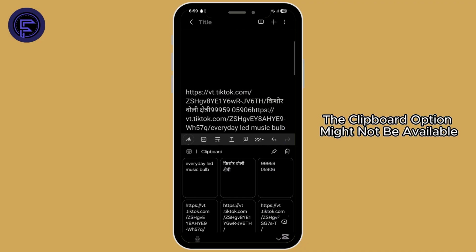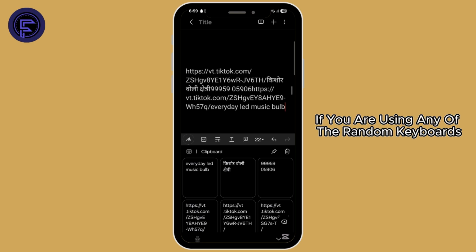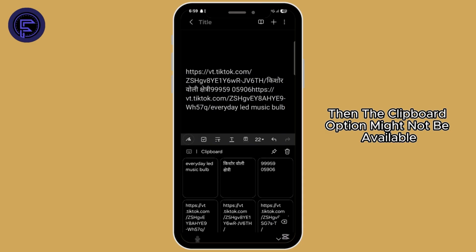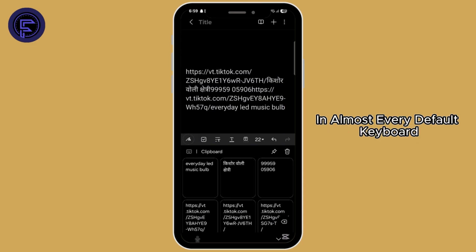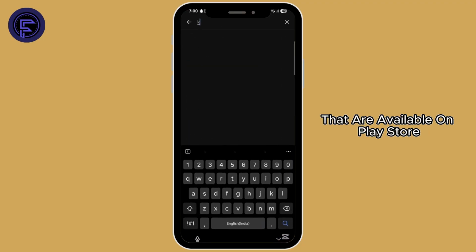However, the clipboard option might not be available in some keyboards. If you are using any of the random keyboards from Play Store, then the clipboard option might not be available. In almost every default keyboard, the clipboard option is available, including some of the keyboard that are available on Play